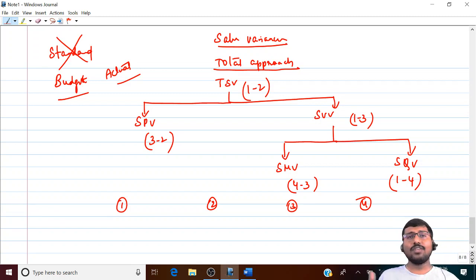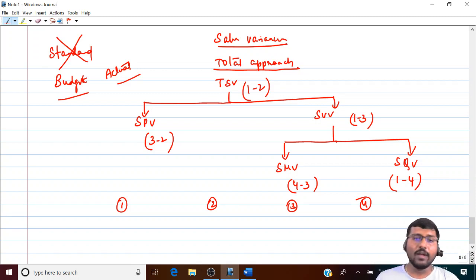See, try to recollect your material variances formula. It's exactly the same with only two differences. Difference number one. In material variance, you would have used standard versus actual cost, correct? Here it is budget versus actual. So wherever there is standard, you replace it with budget. That is difference number one. Difference number two, there you talk about raw materials, here I talk about finished goods. That is what you have to keep in mind.